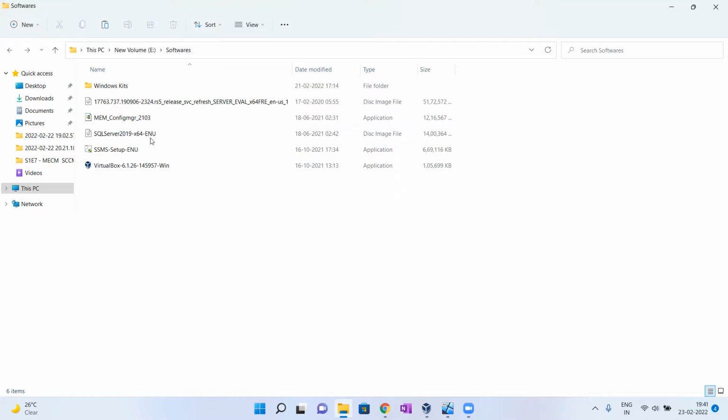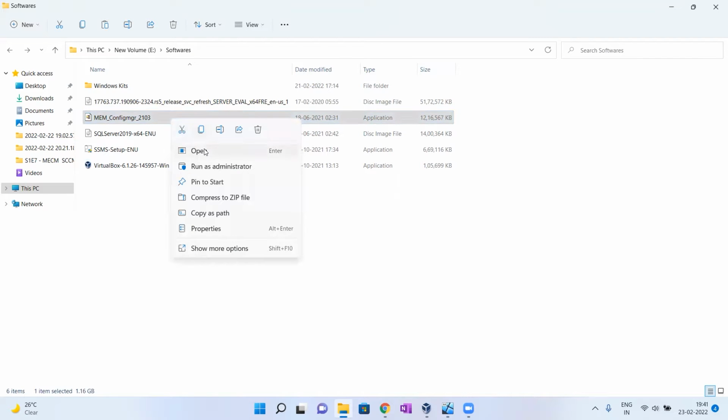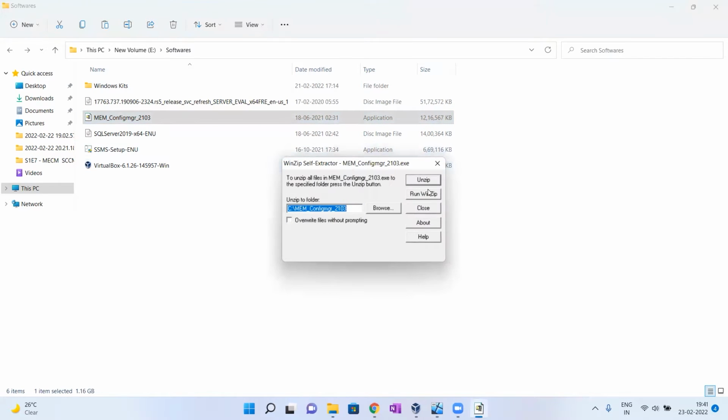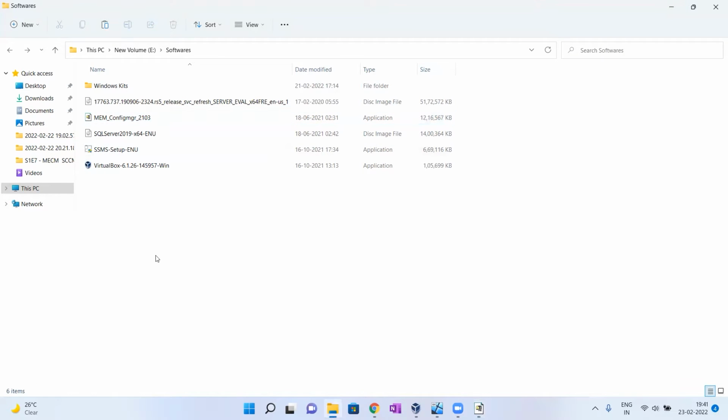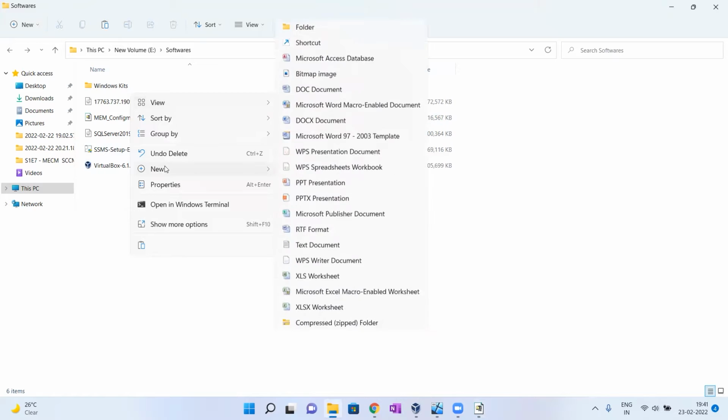This is the SCM application we downloaded from the internet. First, we need to extract this one. We need to unzip this file. Right click, open it. We need to unzip here. I'm creating a folder here and unzipping there. Creating a new folder.